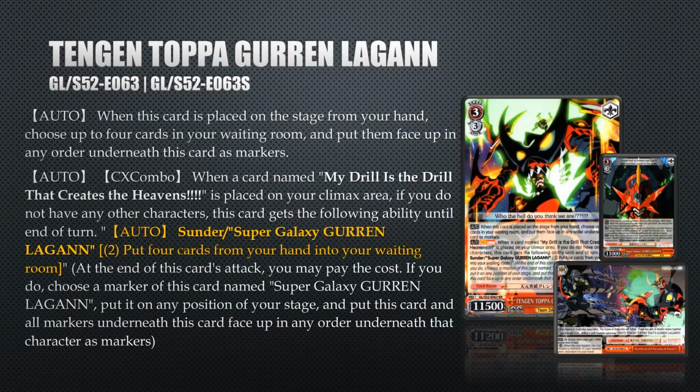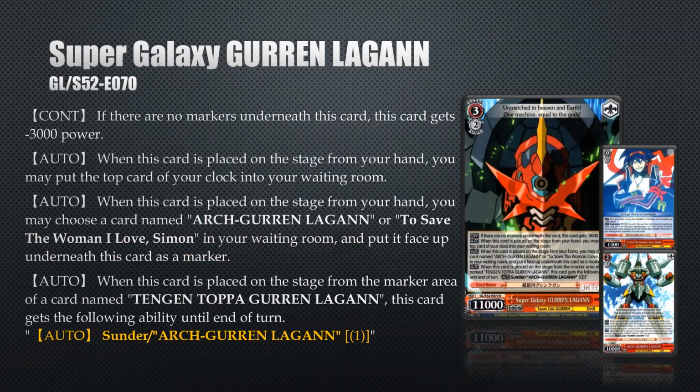Yeah, okay, so it is just supposed to be from on play from hand. At the end of the attack, you pay 2, discard 4, choose the Super Galaxy Gurren Lagann under it as a marker, put it on any stage position, and put this and the rest of the markers under that as markers. And they've got a video explaining the whole thing on the official Weiss Schwarz Facebook page, so we'll see the card that it moves into is Super Galaxy Gurren